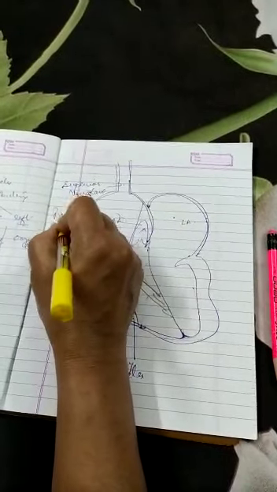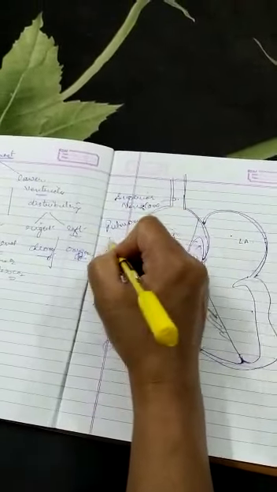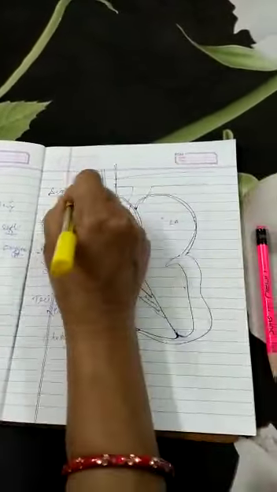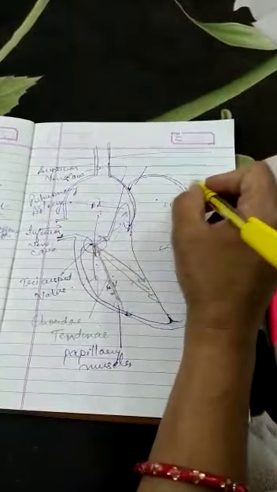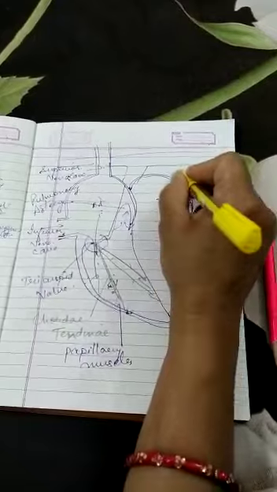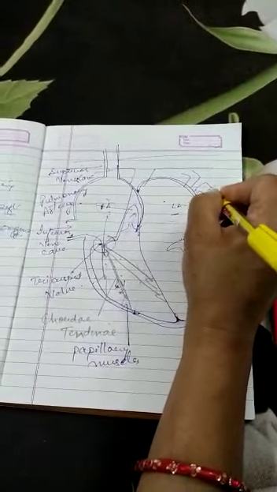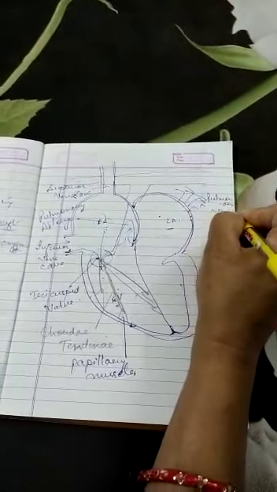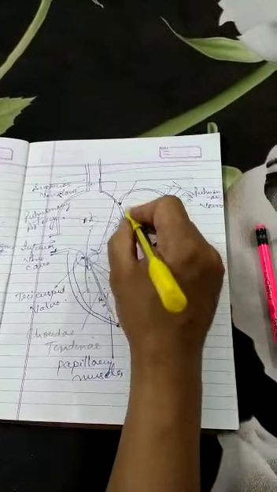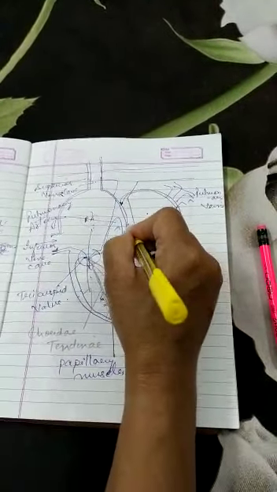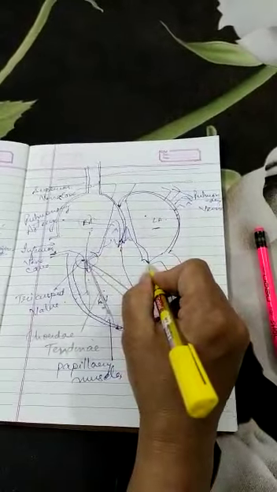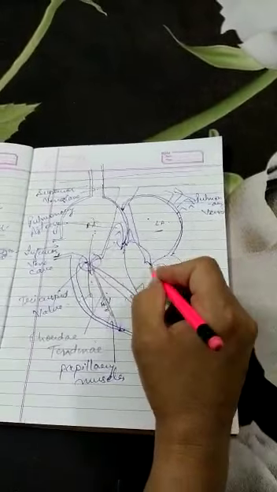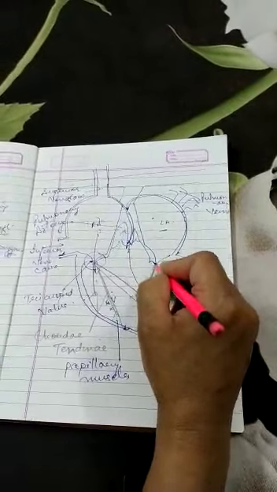So the only way for the blood to go is this blood vessel, the pulmonary artery. Pulmonary means lungs, so it is taking the blood to the lungs for oxygenation. After oxygenation, the left auricle receives the blood from the lungs with the help of pulmonary veins. It is coming back into this. Again, backflow is prevented with the help of chordae tendineae and papillary muscles.